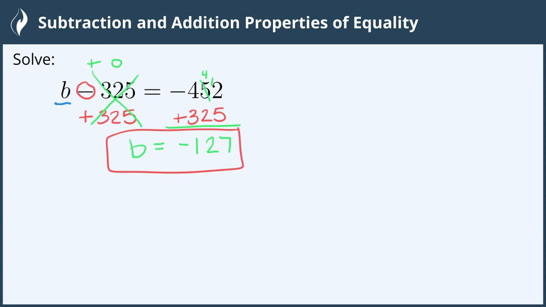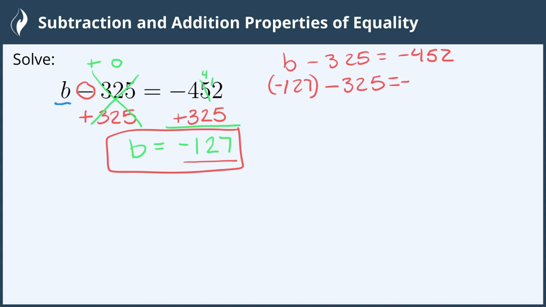We can always check these as well. If we wanted to substitute negative 127 into the original equation, we would have b minus 325 equals negative 452. If we substitute negative 127 in for the variable b, and I always put in parentheses when I substitute, this will help eliminate any confusion with the operations and the signs. Equals